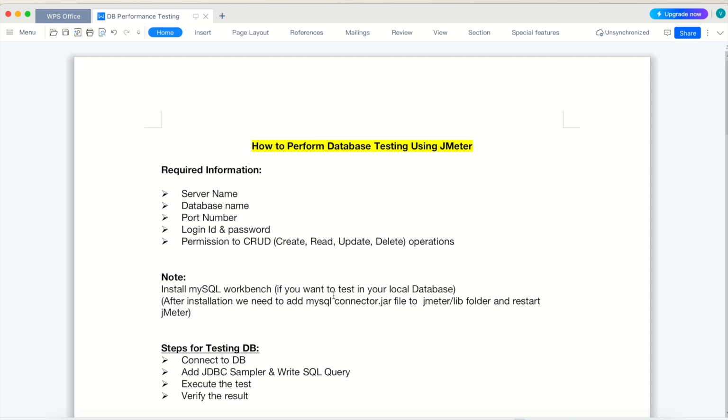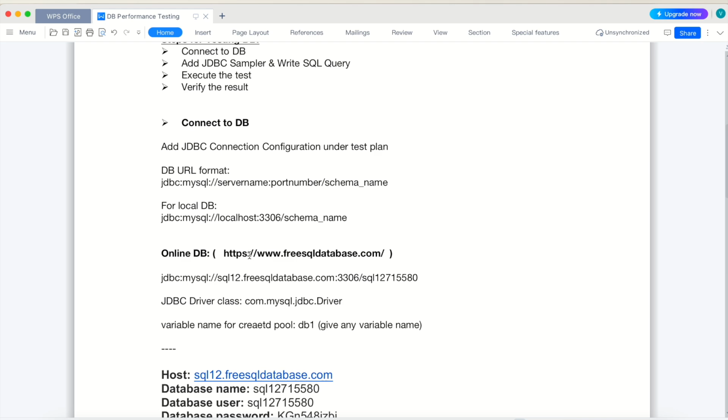There are a few options for creating a database. One is you can locally create a database by installing MySQL Workbench if you want to test in your local database. After installation of MySQL Workbench, you need to add the MySQL connector .jar file to the JMeter lib folder and restart JMeter. But I will not be using this option. I will be using a free online database which you can create using this website